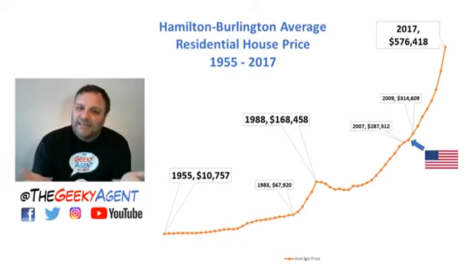Now, towards the end of the 80s, the economy shifted. Our lovely government decided to sign NAFTA, and a lot of our jobs got offshored throughout the late 80s and early 1990s. The economy didn't do so well. Again, I mentioned we had the recession in the early 1990s. So throughout the 90s, the real estate market in Hamilton-Burlington anyways didn't really lose a lot of ground, but it stayed pretty flat all the way through, and then starts another upswing once you get into the 2000s